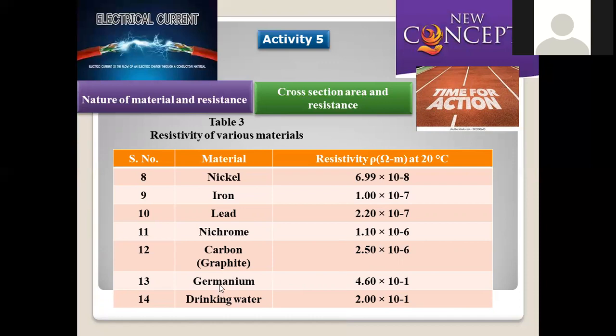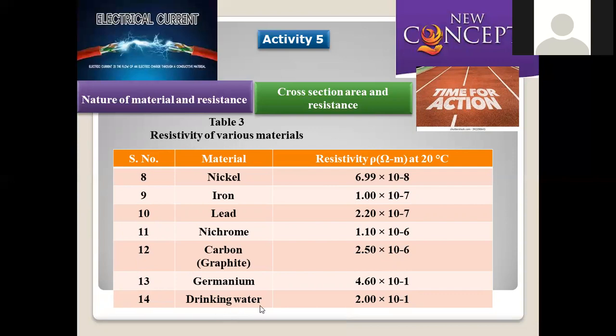So here, under germanium, as we already know, germanium is a semiconductor. Partial conduction is possible because of high resistivity, 4.6 resistance is offered for this material because it is a metalloid. Metalloid means partial metallic properties and partial non-metallic properties embedded into it.